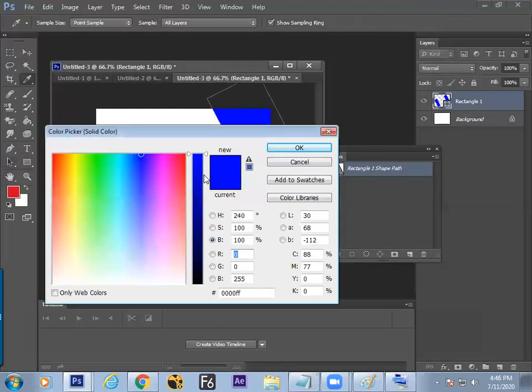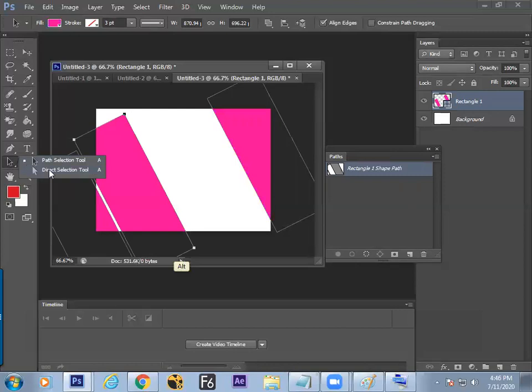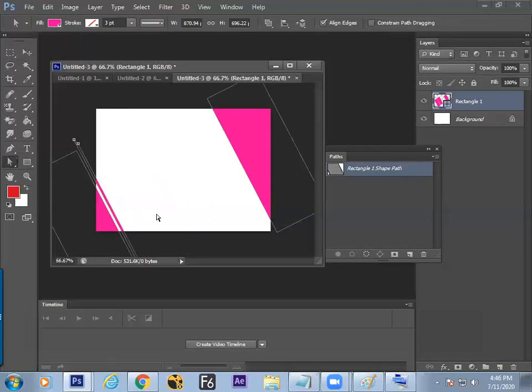No, just click, and ask the client which color you want. Now the next, the client may ask you, I need a small strip over here. Just duplicate it, press it down, and select the direct selection tool and make this shape come down, down, down. Is it okay?